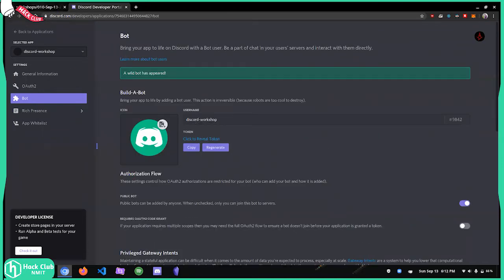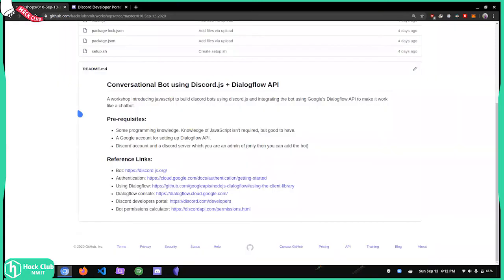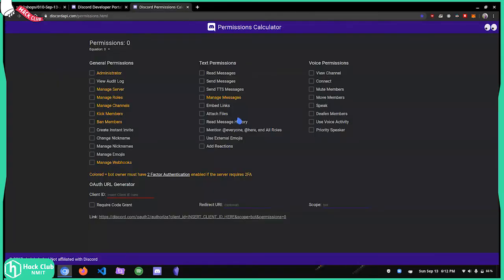Now we shall go to this link in the reference repo called bot permissions calculator. We will open that link. You will be greeted with this page. Here you can give permissions for how the bot behaves in your server. Right now, our bot is basically just reading and sending messages.